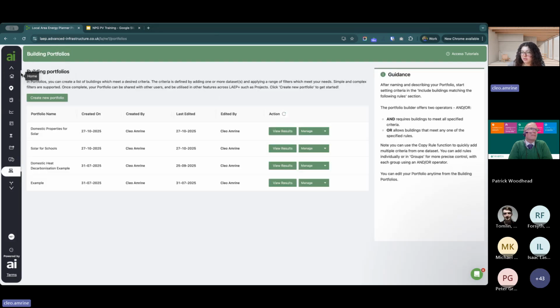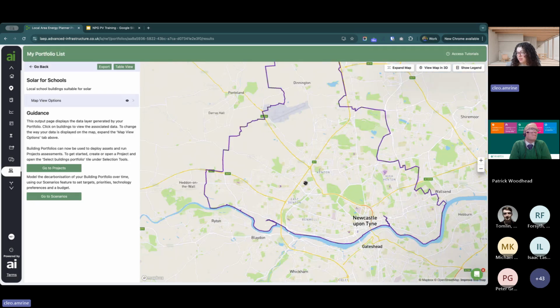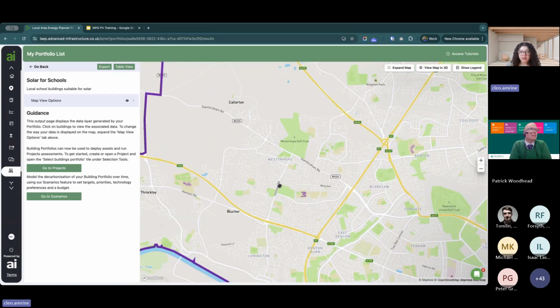If we go back into portfolios, since we have a bit of extra time, in that portfolio that we just created, looking at Solar for Schools, you'll be able to identify easily the schools that you've looked at filtering down, but you might want to find out other information about the area surrounding that school, or, for example, which substations are serving that school. Maybe a bit more relevant if you're looking at a large demand project, for example, because I know we don't have generation headroom in the tool yet. We are looking at adding it, though.